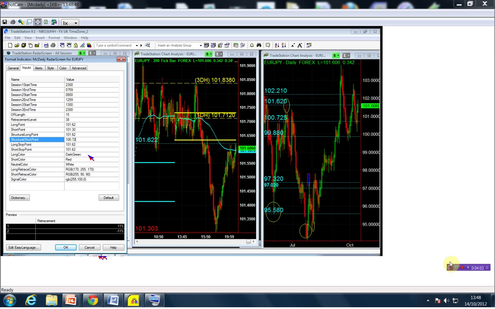Okay, so we're buying it above 101.62, which is the structural point, and we're going to go short below 101.30. We have a structure short point at 100.72, and our stop is going to be the 101.62. So that point is going to be the stop for the long and the short position. Okay, that is the euro yen. Let me save that and save